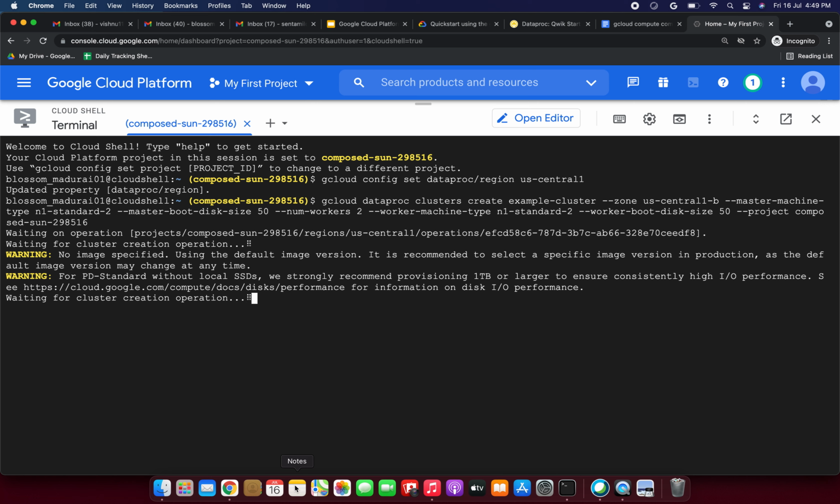Cloud Dataproc is a fast, easy to use, fully managed cloud service for running Apache Spark and Apache Hadoop clusters in a simpler, more cost efficient way. Operations that used to take hours or days take seconds or minutes instead. Create Cloud Dataproc clusters quickly and resize them at any time, so you don't have to worry about your data pipelines outgrowing your clusters. This is the explanation about Cloud Dataproc.